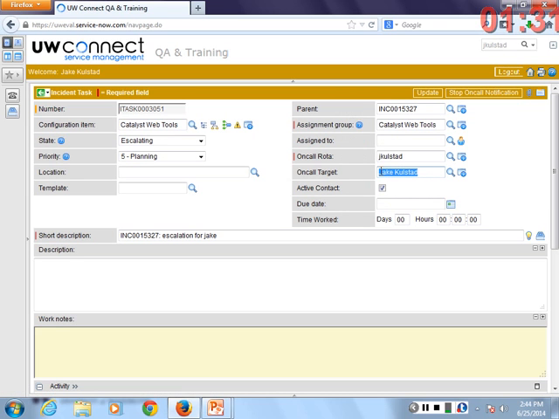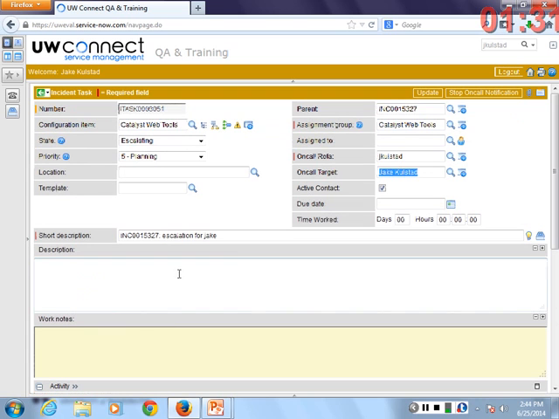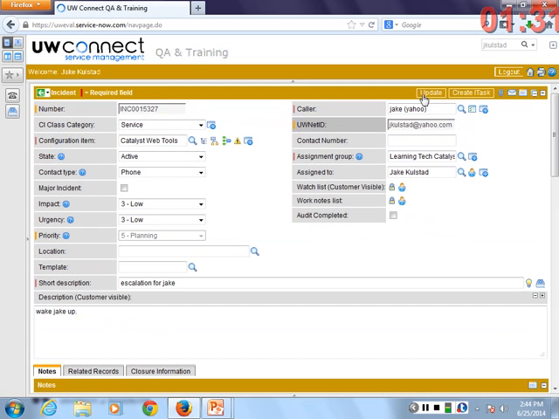I'll hit save just because I want to see. Now you can see I wasn't lying to you. It's showing me the on-call target. Often it works. Yeah, I got a text, so this isn't all smoke and mirrors. It truly does work. It'll actually page me twice unless I acknowledge it. Down in the log, you can see escalation started, and it will also log all emails sent. Everyone okay with that? Okay, so I'm going to go back now. I'm going to hit update and go back to the actual incident.